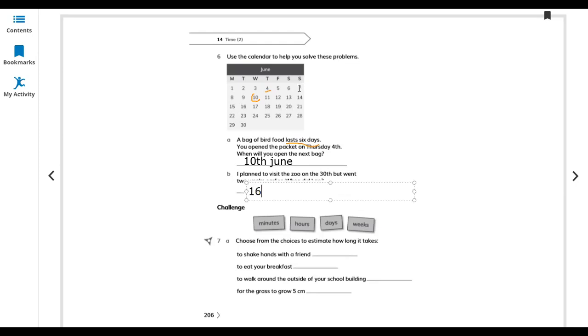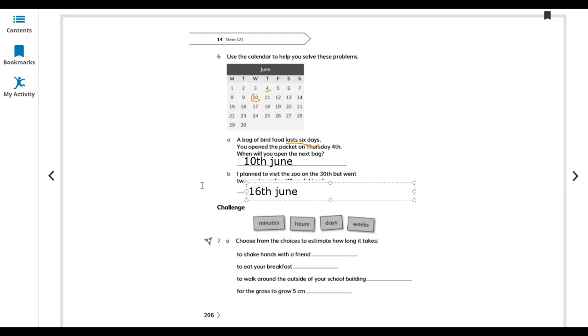1 week: if I am on the 7th today, then next week on the same day it's 14. After one more week, it's 21, and then after one more week, 28. So any date you're starting from, just go upward or downward. From 8 to 15, it's 1 week. From 11 to 18, it's 1 week. If you're going backward, from 18 to 11, it's 1 week earlier. So it's the 16th of June, 2 weeks earlier.